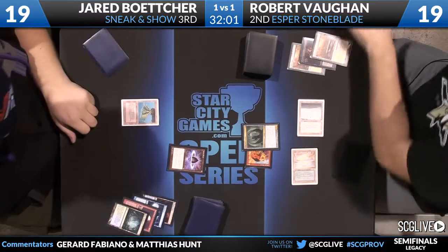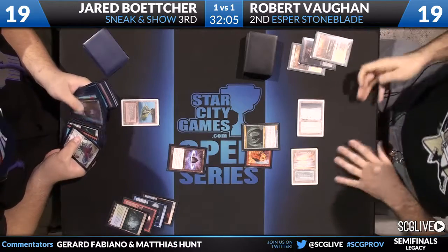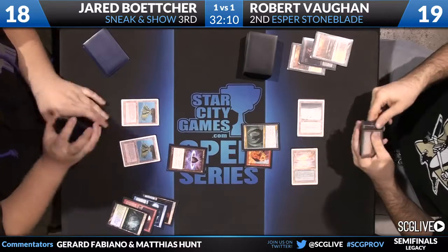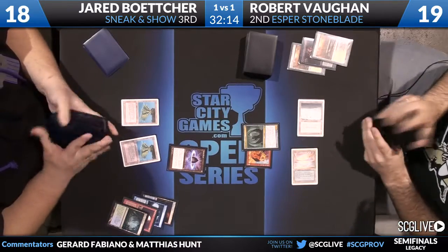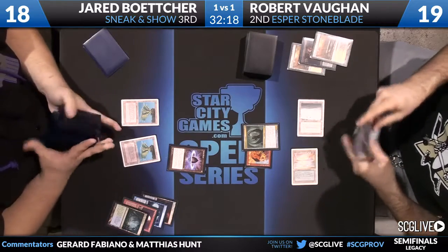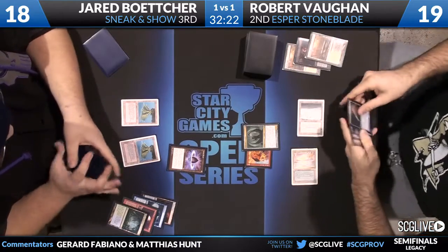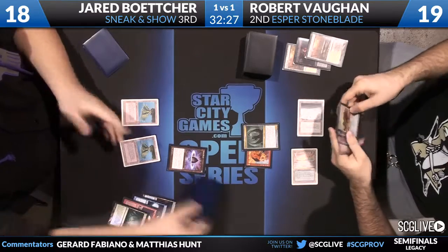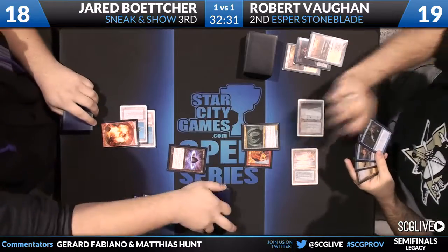Sure. All right, so Jarrett will probably search up another Volcanic Island here. Yeah. Does not have to play around Wasteland. Robert does not have any in his deck. I wonder whether he should have gotten a basic there, just in case he top decks a Blood Moon. Yeah, I mean, there's only one left. It's only playing to one card. I suppose having double blue, double red is playing to some other cards. Yeah, exactly. Sneak Attack or whatnot. Regardless, I'll buy it. Theoretically, it could be affected by like a Show and Tell or something, but...